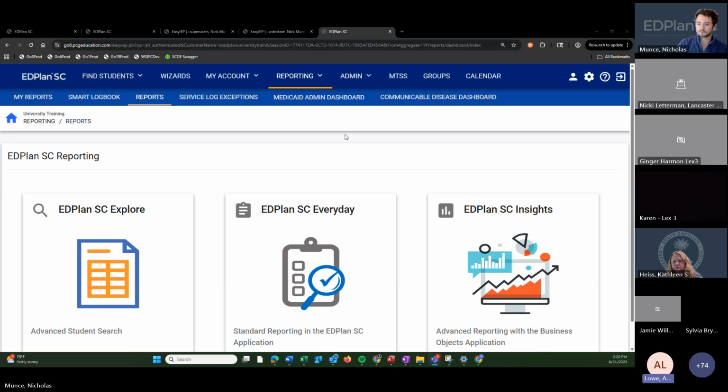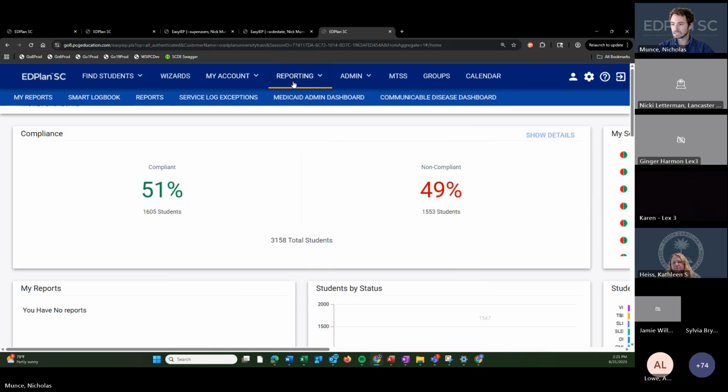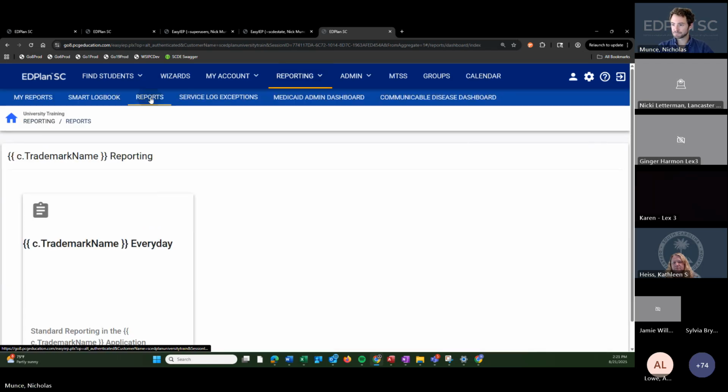And so everyone knows there are directions in the Zendesk knowledge base for this. So you don't have to have like a perfect memory of what Nick is showing you. There are directions for you to access on how to do this. Thank you, Anne. All right, so advanced reporting is accessed. I guess I'll go back to the homepage. And once you're there, you click on reporting, reports.